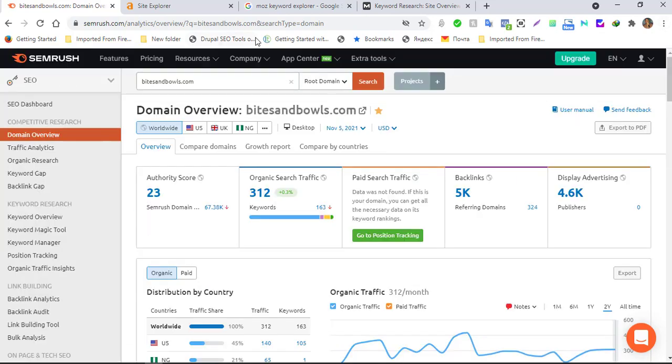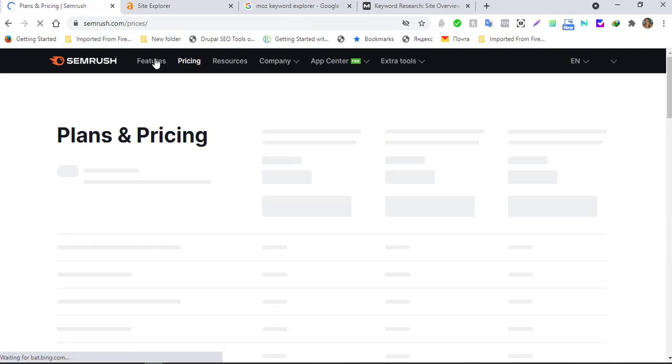So that's it, how you use SEMrush, and you can carry out traffic analysis and organic research, and even backlink analytics and backlink audit. You can do a whole lot with SEMrush, but it is really expensive, because if you come here, you see the price, and it's far more expensive than